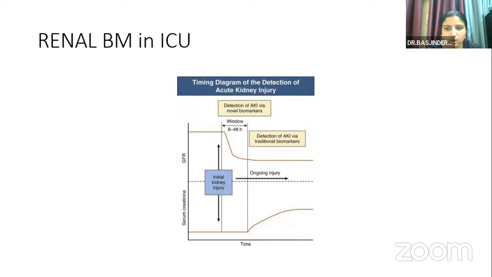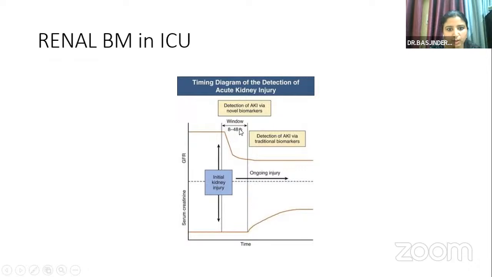Coming on to the renal biomarkers. Quickly, as we all know, there is a time gap between when the GFR actually decreases in any acute injury in the ICU and when our most commonly measured serum creatinine value starts rising. This graph shows the serum creatinine, the glomerular filtration rate, and the time during which the injury was occurring. As you can see, the GFR has started falling very early during the time period when the kidney is hit in the ICU, but the serum creatinine rises a little late. So there is this much of a gap between the fall in the GFR and the rise of creatinine,